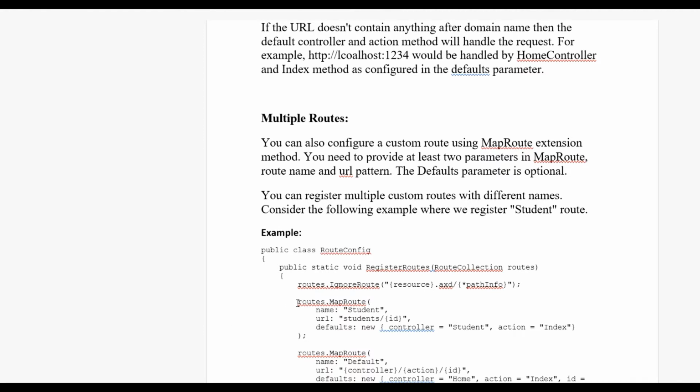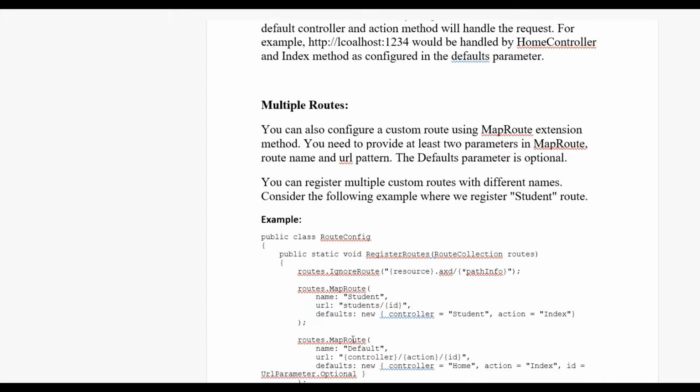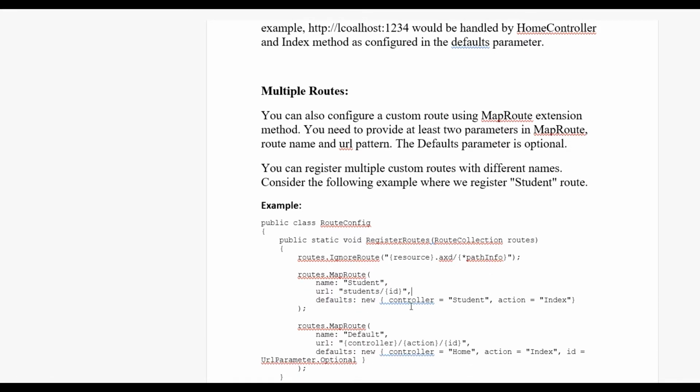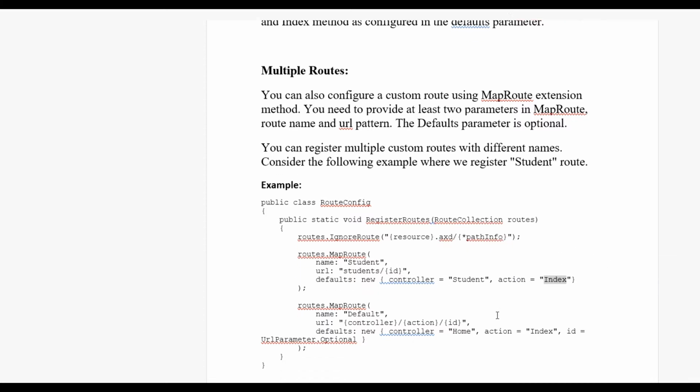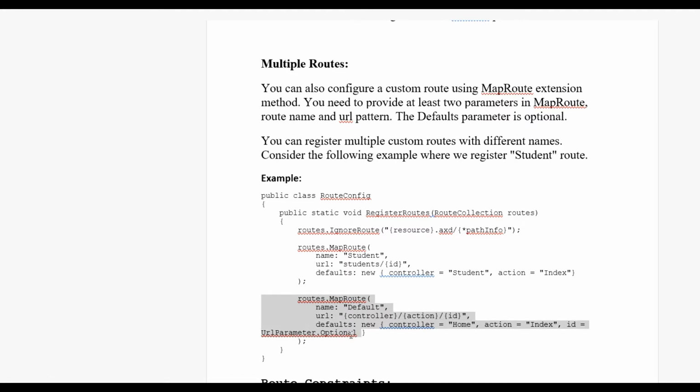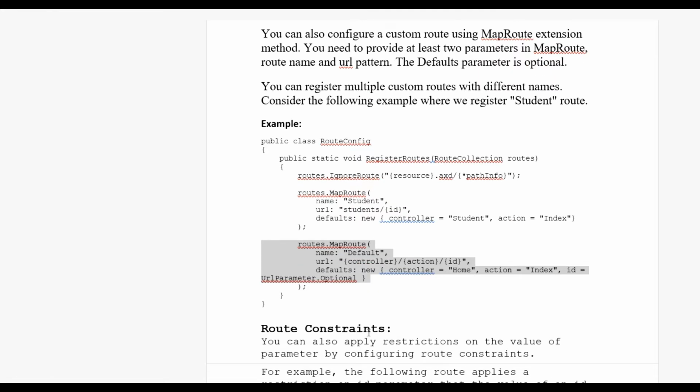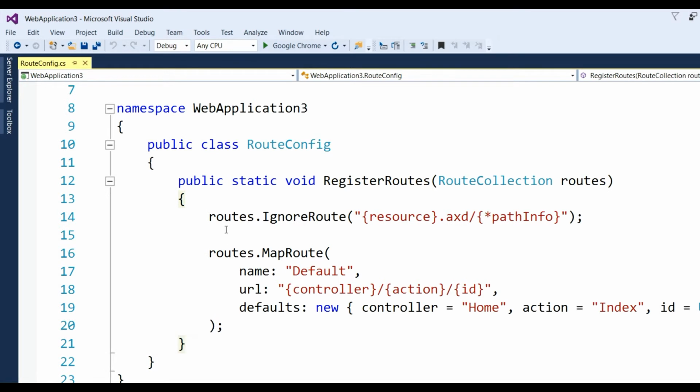Here routes.MapRoute name Student, URL student/ID, which means every controller will be accessed by controller and their ID. Here we define controller Student, action Index. This is the default route. Like this we can copy here and paste